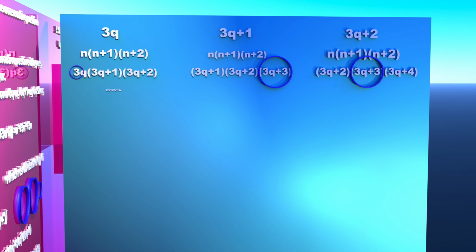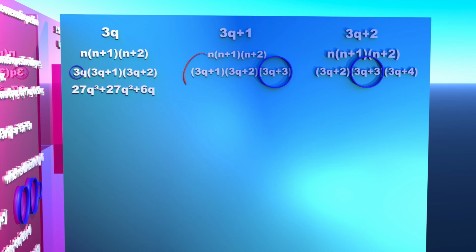You can multiply the numbers inside the brackets and we get 27q to the power 3 plus 27q square plus 6q. Here you can't take 6 as common. That means we cannot prove this question by taking 3. Also we cannot prove this question by taking 2. But why are we not getting our answer? Here everything is alright, no mistake has been done. Let's investigate more. Something may be found out.